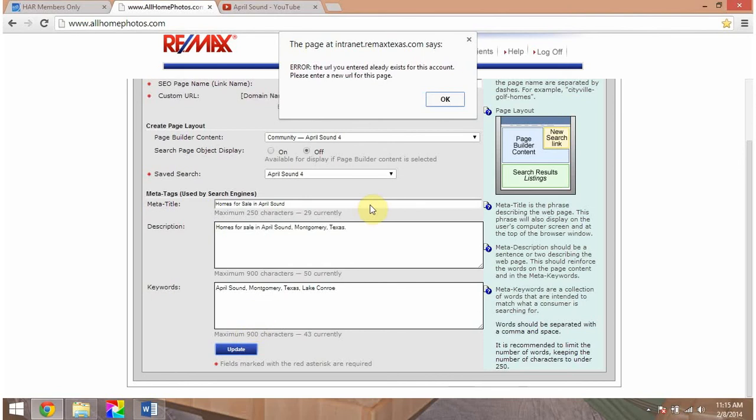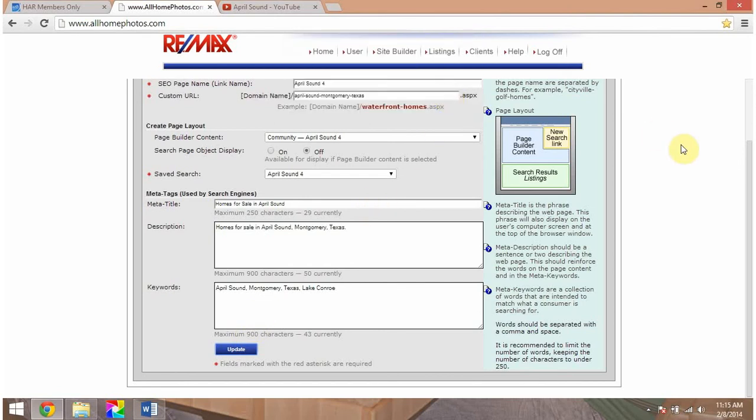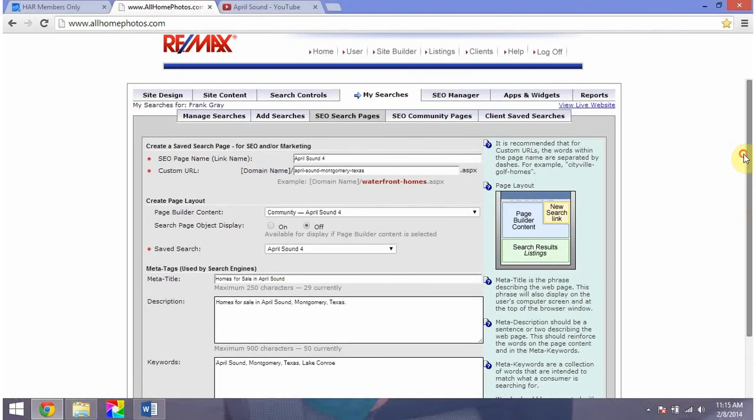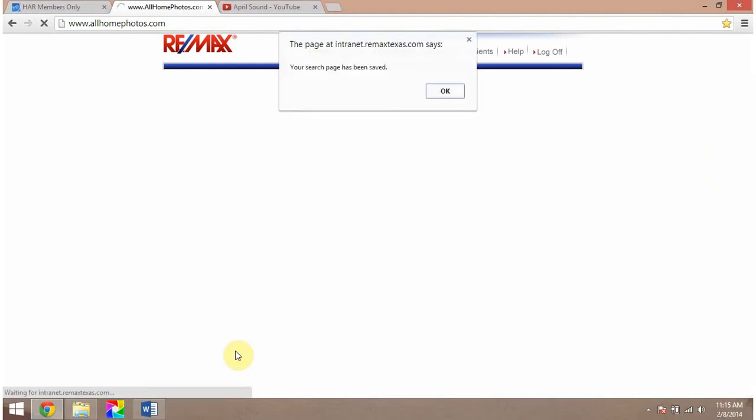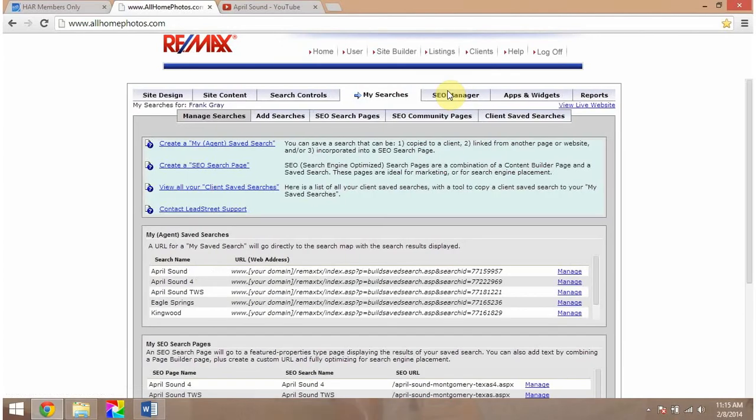Okay, it says the URL that I just entered already exists for this account. That's because I've done this class several times. So I'm going to scroll back up here and just add Texas 4. Obviously, that's inappropriate for actual use, but for class purposes, it should be fine. And I'm going to click Update. Now we have success. The search page has been saved. We select OK. Now we're going to go to View Live Website again and see if we have been successful